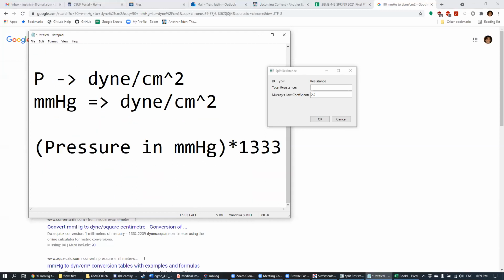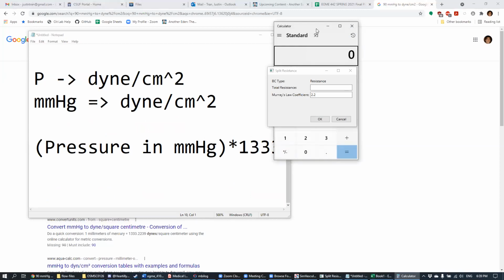A lot of times you're going to see pressures in millimeters of mercury because this is the unit they typically use in the clinics a lot, right? Like you go to CVS and you stick your arm in the machine, and it tells you that your pressure is 120 over 80. Those 120 and 80 are pressure units given to you in millimeters of mercury, okay? And if we open up a calculator,